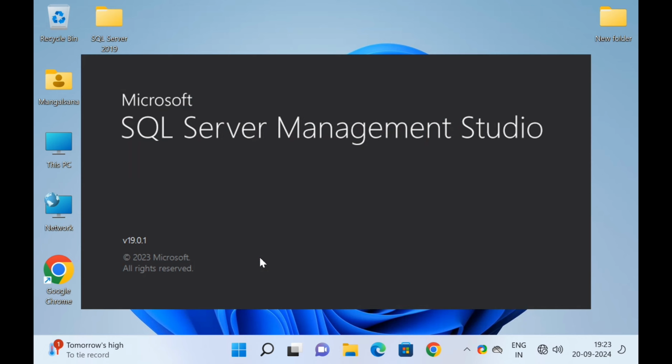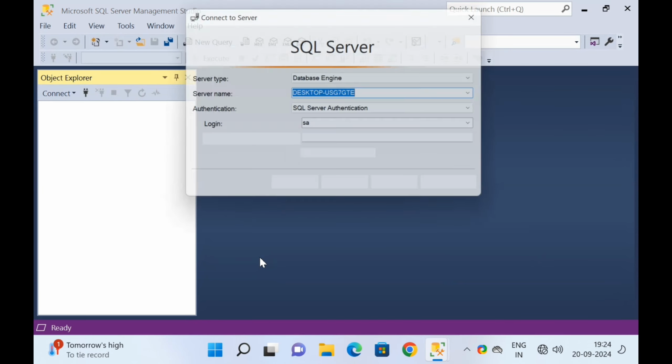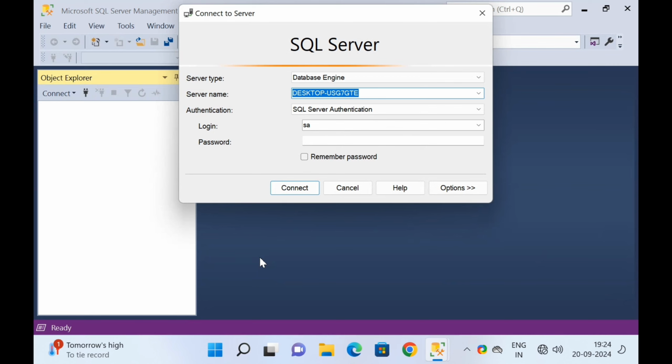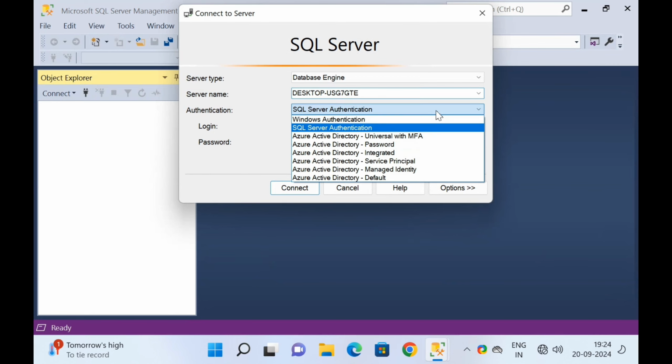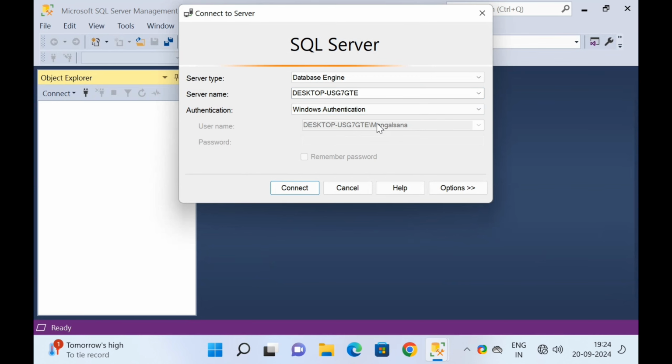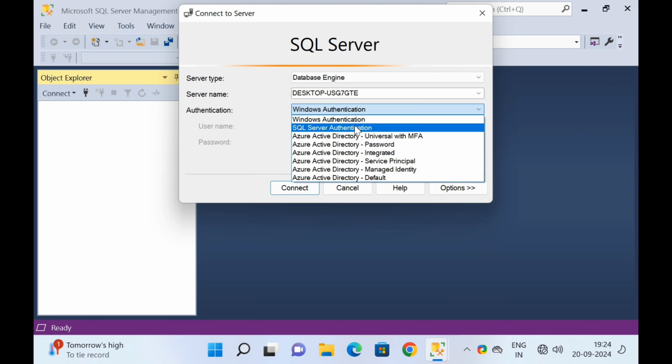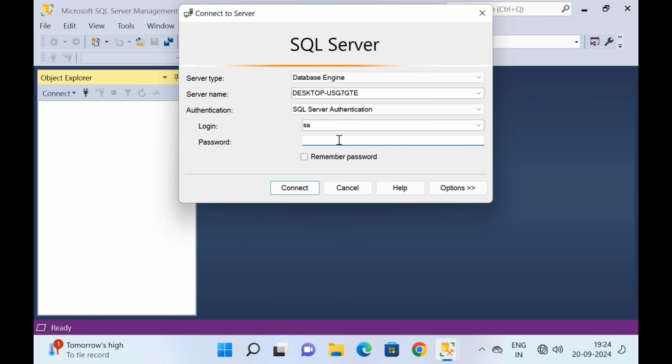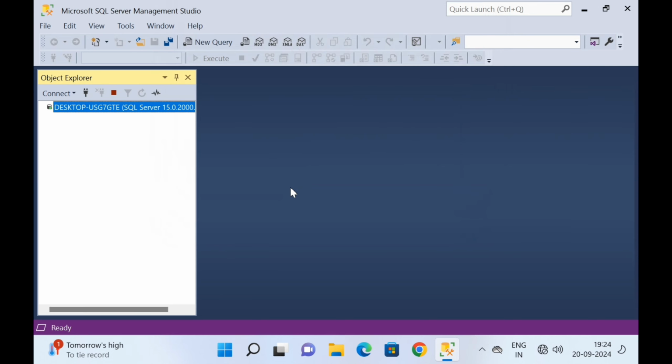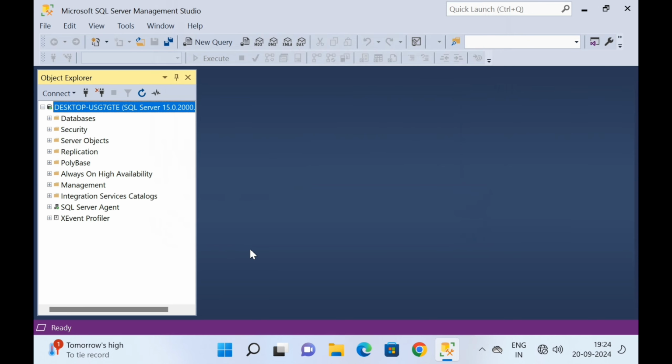This is the dialog box of the SQL Server Management Studio interface. By using this, we can design the database. In this dialog box, in authentication, there are two types, that is Windows mode and SQL Server authentication mode. Select SQL Server authentication mode. Provide the password that was given during the installation. Then click on connect. This is the interface of